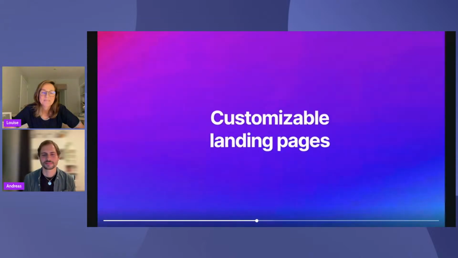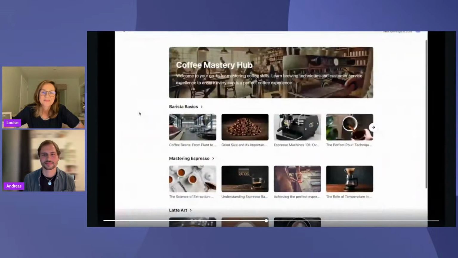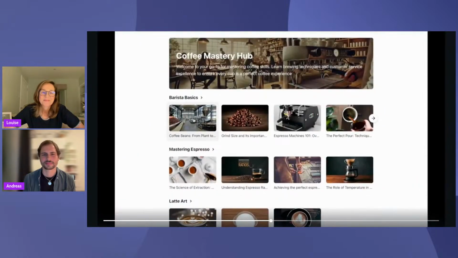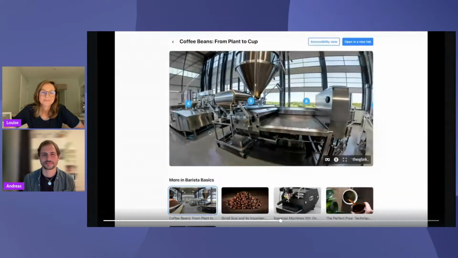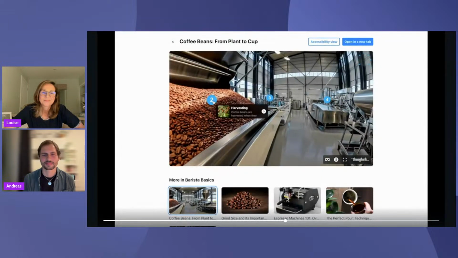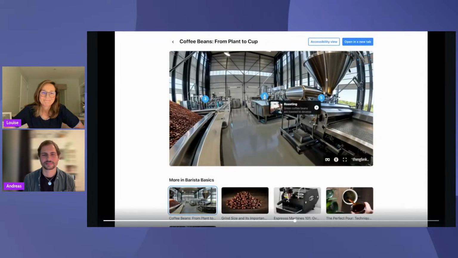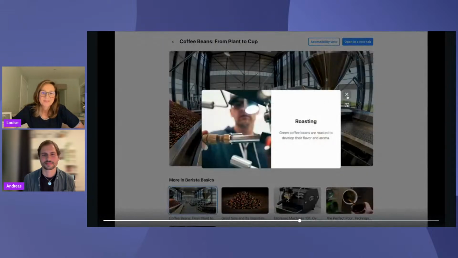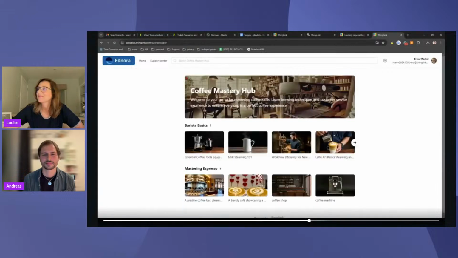Through ThingLink, organizations will soon have access to customizable landing pages for content sharing. Customizable landing pages allow you to arrange and share your training experiences with different groups on a dedicated page. Think about this page as your ThingLink content hub that can be shared to an LMS or accessed via VR